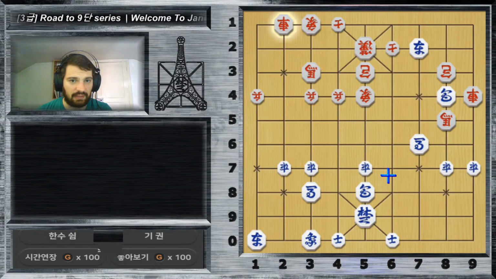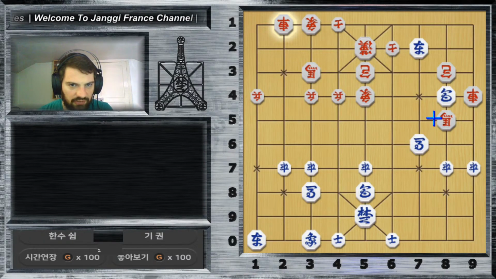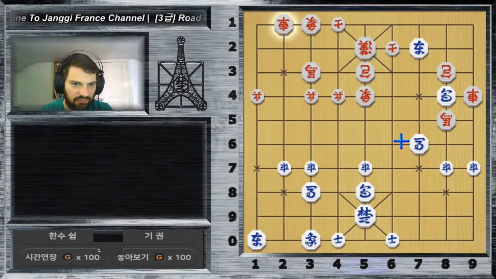Alright, what I had in mind was with the knight to use the cannon to jump and gain the rook, if I could defend here. That's not on the table right now, but that's still something I would like to do. Actually, I may bring the cannon, but there is a big discovery, so